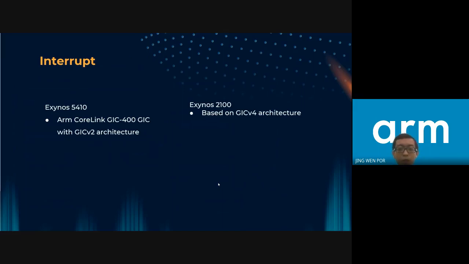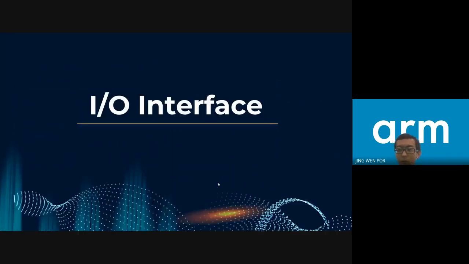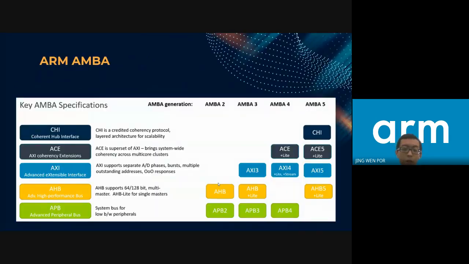For the I/O interface, the ARM AMBA is used, which is the ARM Advanced Microcontroller Bus Architecture. It is an open standard used to outline the connection and management of different components or blocks within the SoC. This specification has become a standard that has been widely applied in the interfacing of components within the SoC, with AMBA 5 as the latest revision of this architecture.